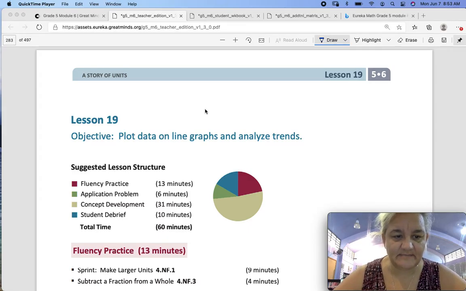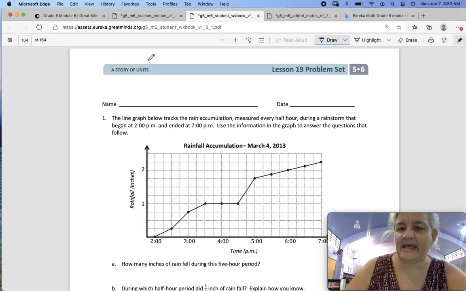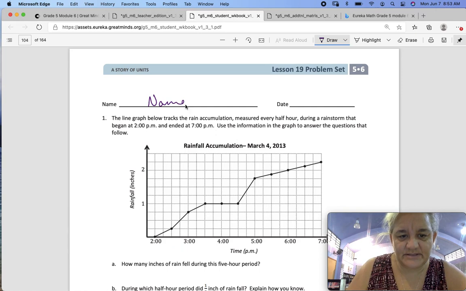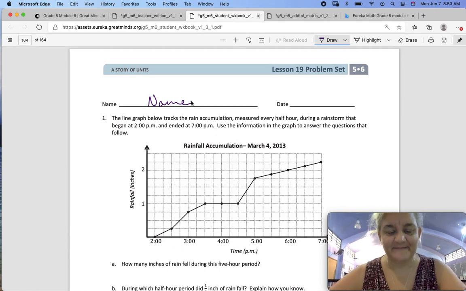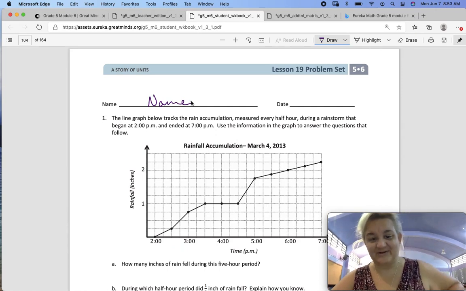This is Module 6, Lesson 19, and our objective today is to plot data on line graphs and analyze trends. Okay, so let's please go to our Learn book, and you can write your name on the page. Alright, so here's our graph, and I can tell you your final exam has a graph that looks very similar